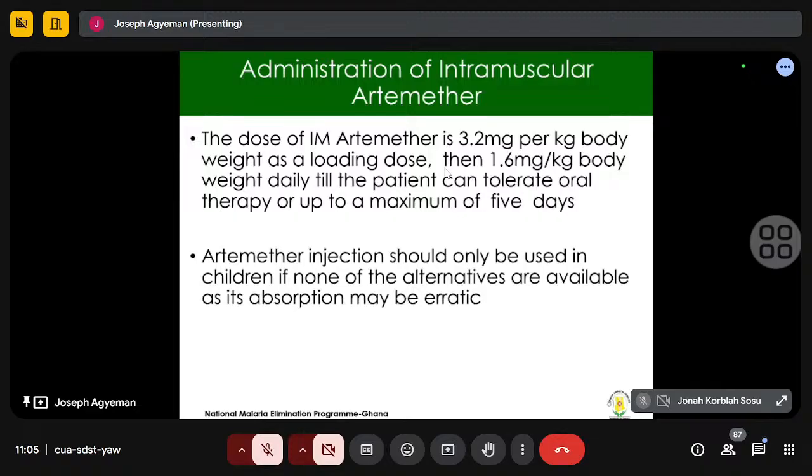But if the patient doesn't get better and therefore cannot tolerate oral, you are going to continue with the IM injection. So 24 hours after the loading dose of 3.2